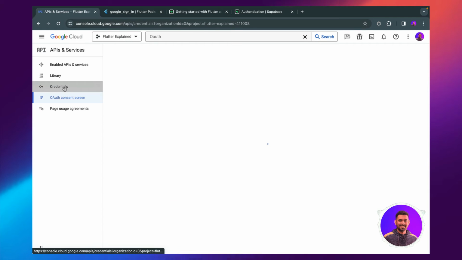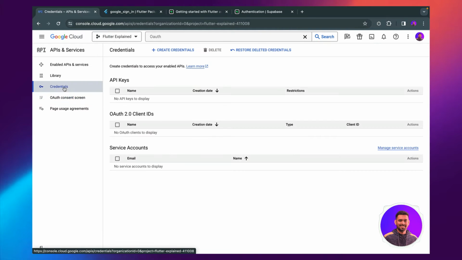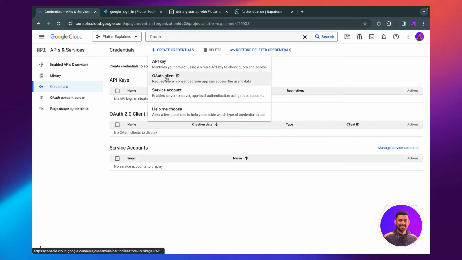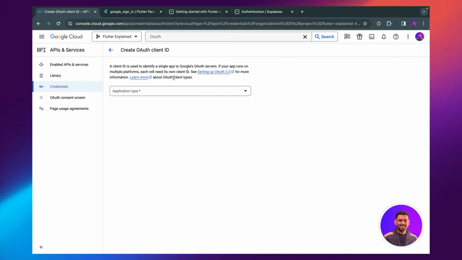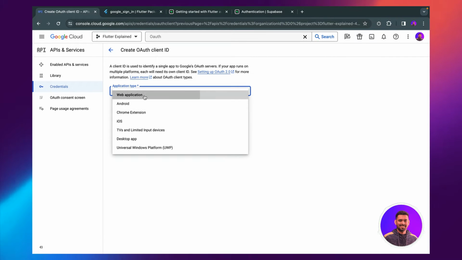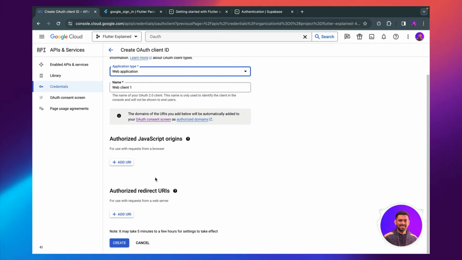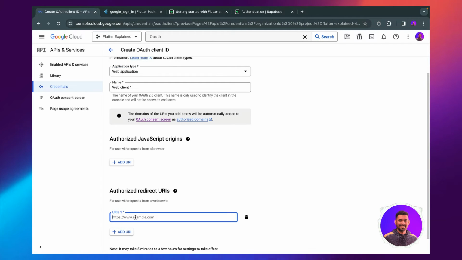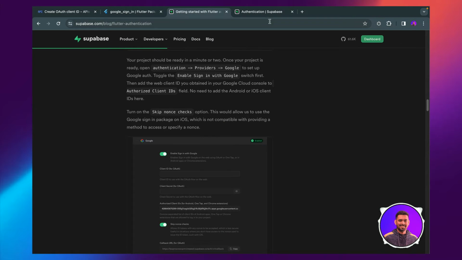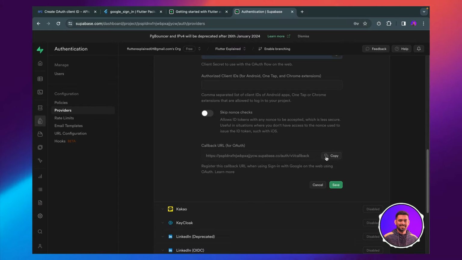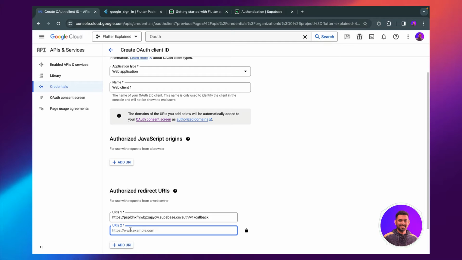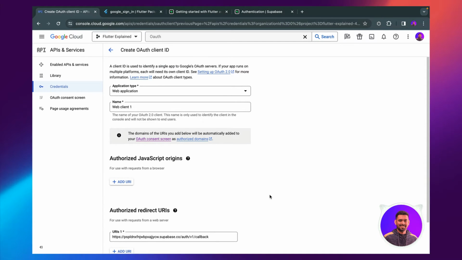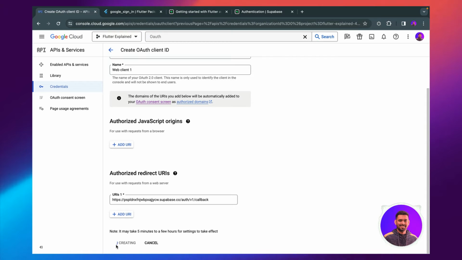Got it. We click on credentials. And what we're gonna do is create a credential here, the client ID, and we are going to have a web application, web client one. That's fine. And important part is that we have to add a redirect URL right here, authorized redirect URL. We get that here. We copy that from here, paste it over here, and you don't need a second one, just the first one would do. We click create,